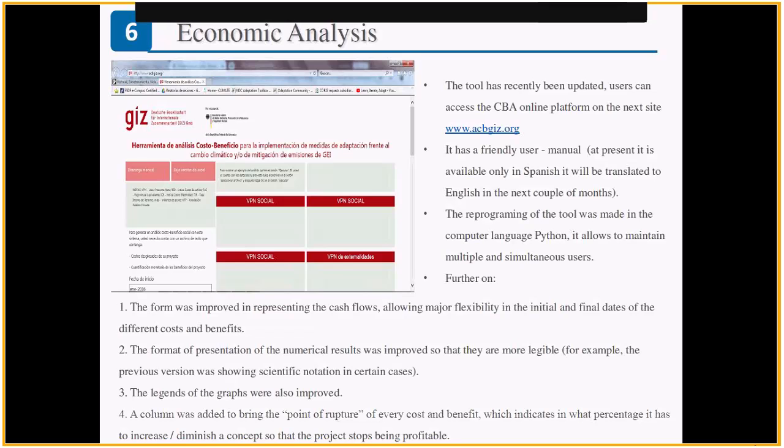So there's a column that indicates to the user where the point of rupture is identified, and it tells the user how you can solve that, mixing the finance or giving other alternatives.